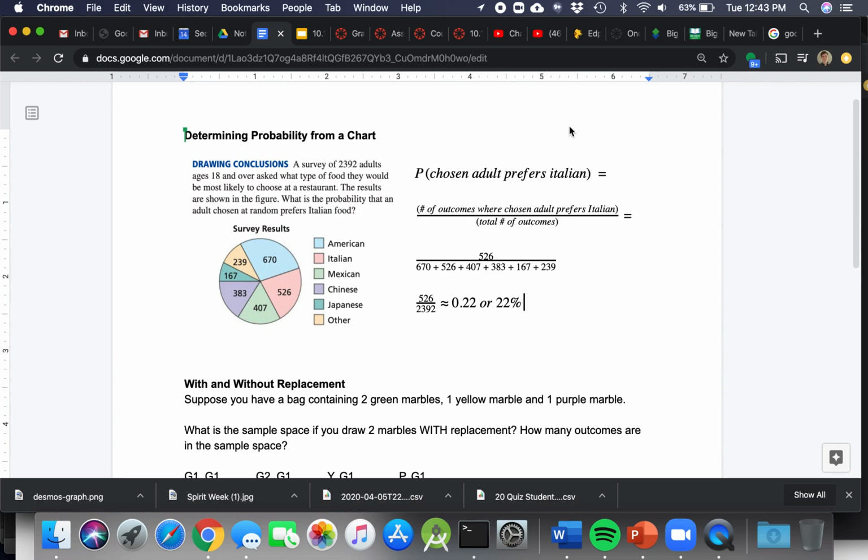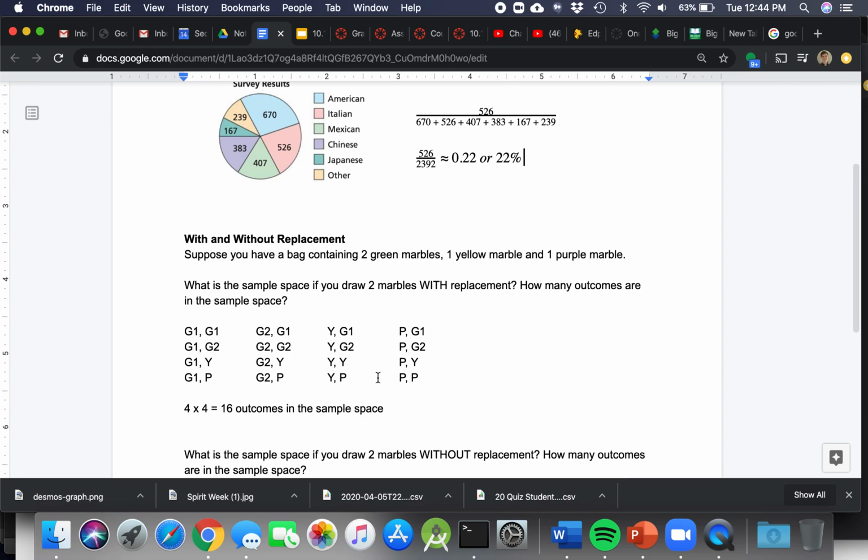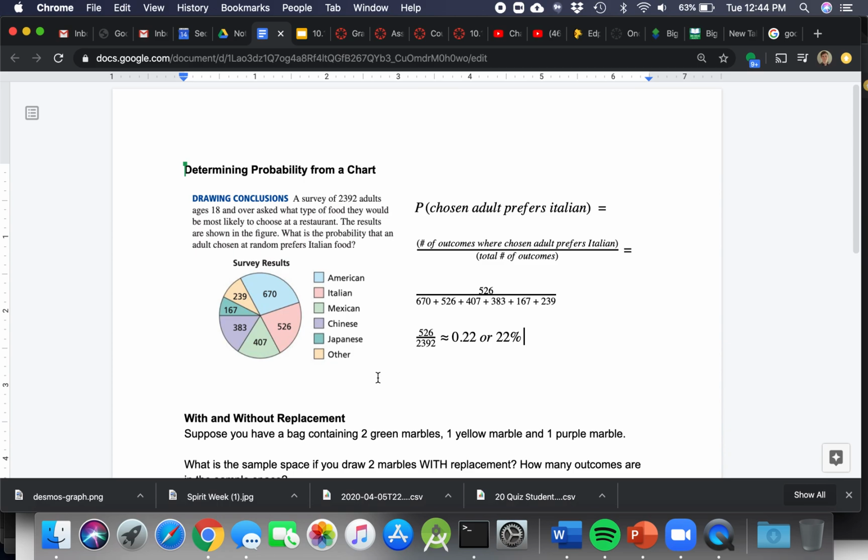So two types of problems that show up in the exit ticket that I'm not sure the Khan Academy video sufficiently covered would be probability from a chart, which I'm going to show you here, and then there are some questions that mention with replacement and without replacement when you're drawing marbles from a bag. And I just want you to be aware of how those two things work differently. So, from a chart,